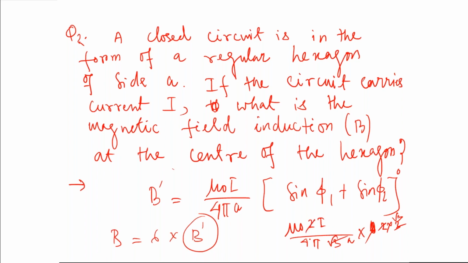Yes. So the final answer, I think you people also try. Okay, I'll not solve it. I have given you the hint. If people try, I'll just write the final answer for this. Kirtana has got it correctly. So simply you have to find out what is phi 1 and phi 2 and what is this a. These are the parameters you have to find out from the figure. If you draw a regular hexagon, from there you have to find out this a. Then what is the final answer? So the final answer is this: